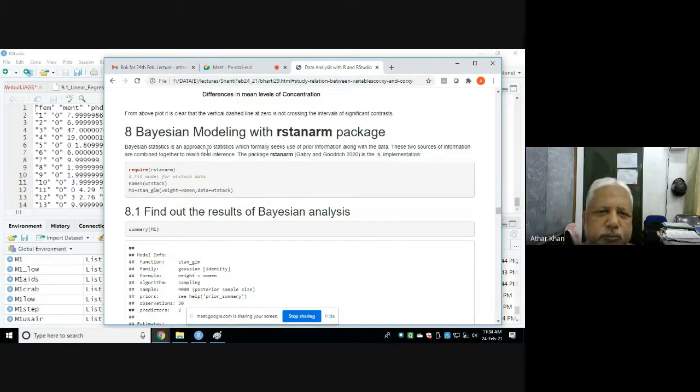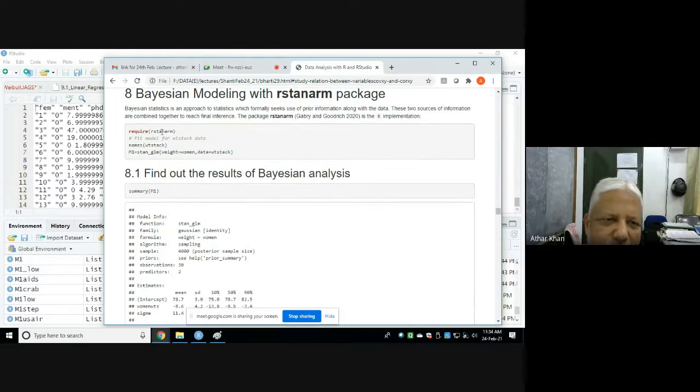Bayesian statistics is an approach to statistics which formally seeks use of prior information along with the data. These two sources of information can be combined together to reach the final inference. The package rstanarm of Gabry and Goodrich 2020 is the R implementation of this. You have to install rstanarm, then load the library, then the data WT stack.